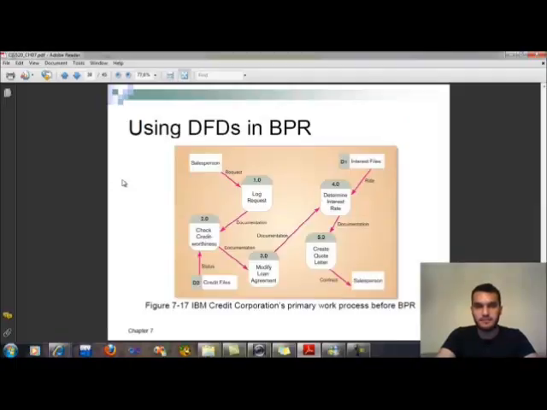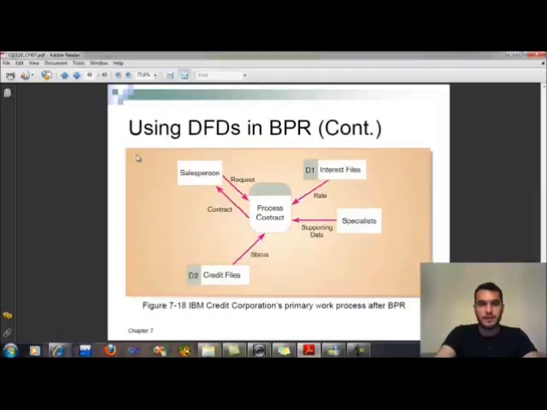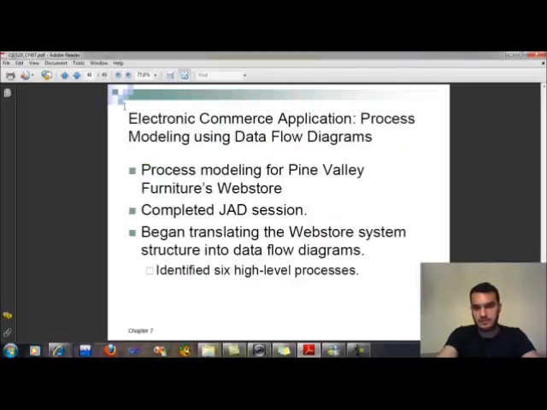And using DFDs in BPR, in this picture, IBM Credit's primary work process before BPR. And again, using DFDs in BPR. And electronic commerce application, process modeling using data flow diagrams,